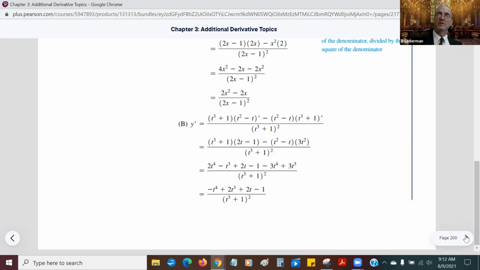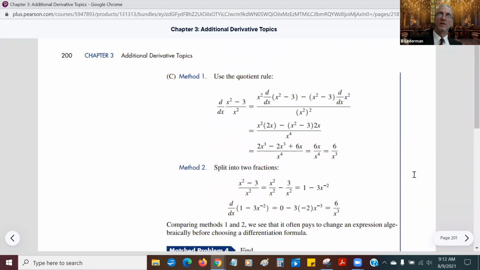And let's look at number C. For number C, I could use the quotient rule. So it's x squared times the derivative of x squared minus 3, minus x squared minus 3 times the derivative of x squared, over x squared squared. So we crunch, and we ultimately get to 6 over x to the third power,